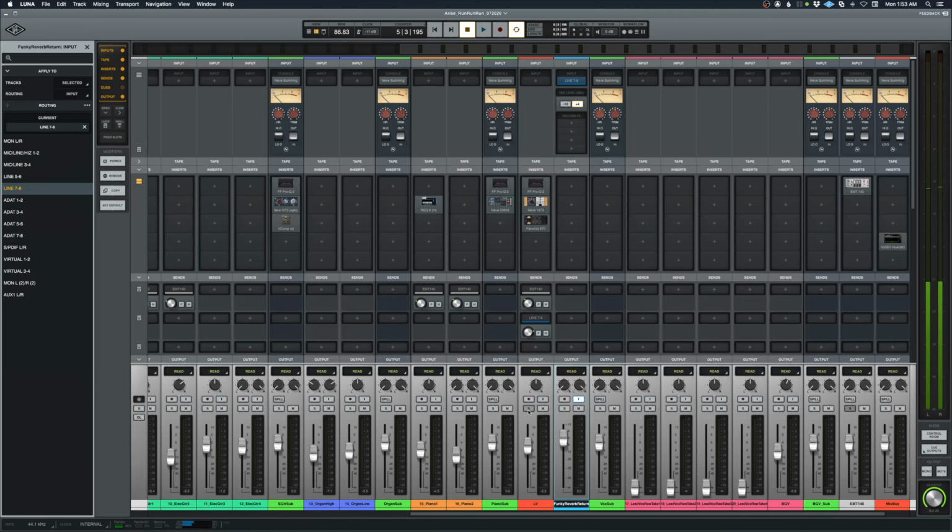Okay, one more thing about this. If I solo this lead vocal track and I listen to just the vocals, run, run, run, we're not hearing any of that return. And the reason why is because I need to take the solo button, right click on it and solo safe it. So what solo safe means is that it will allow Luna to hear what's coming through that audio track, or it's really a bus right now, even if something is soloed upstream from it. So now that it's solo safed,